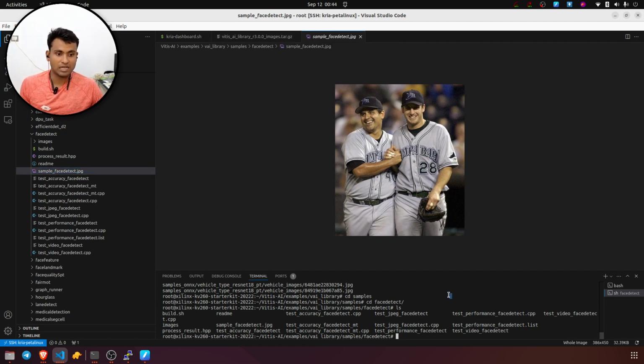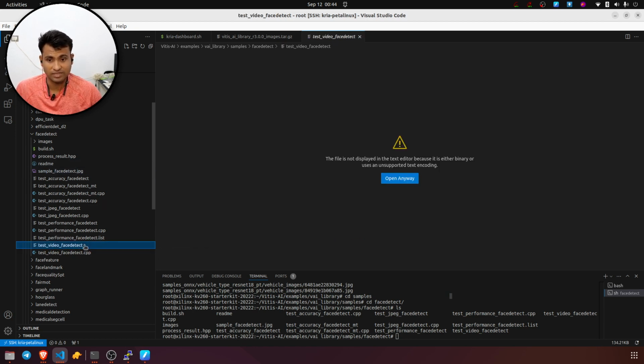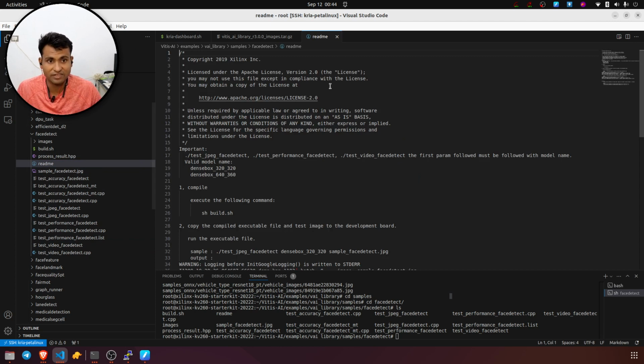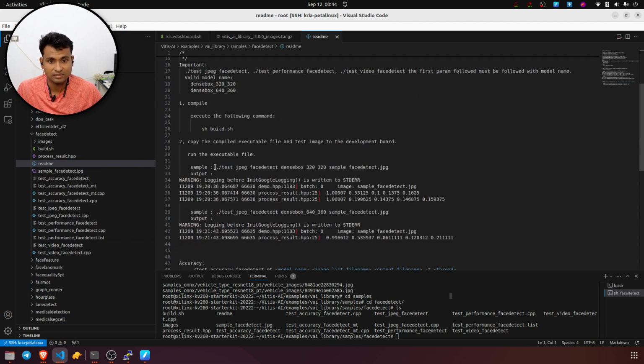Now we'll run our model inside this. You see that we already have this executable available because it's pre-compiled for us. So if we just go to the readme file and we execute this command,